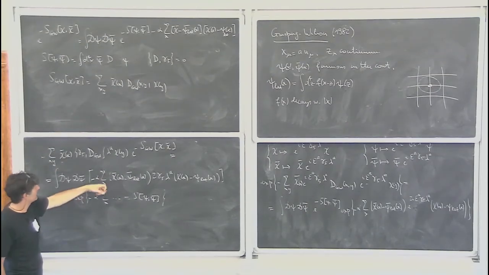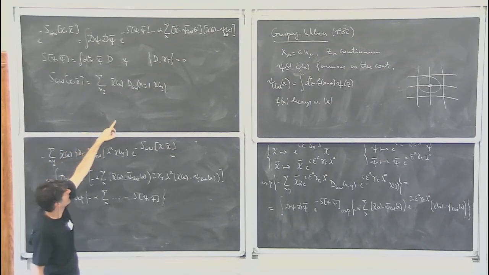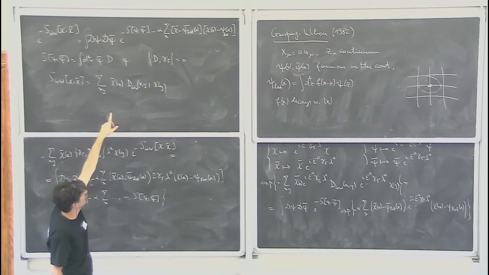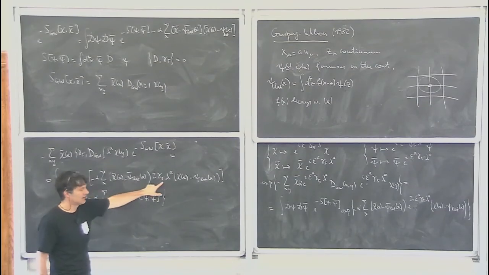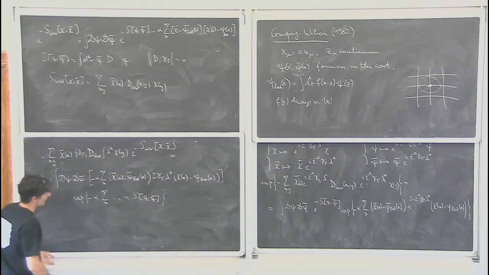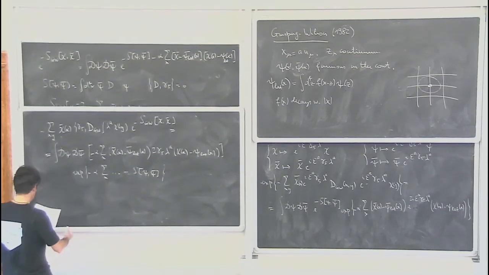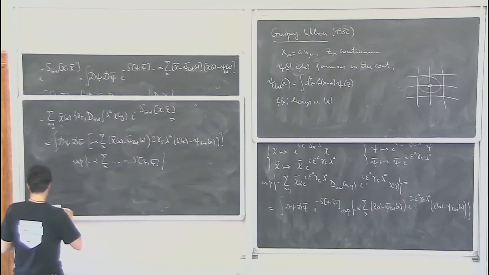If you take derivatives with respect to chi and chi bar in the integral above, you will pull down in the integrand exactly factors like that. So you can do the integral, and the answer of this integral is